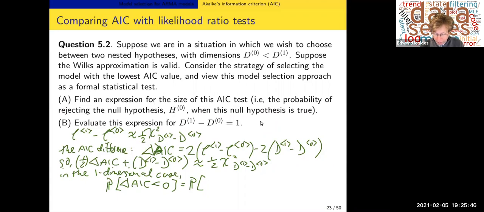So this is then the probability that chi-squared 1 is less than 2. Hang on, this is the probability that chi-squared 1 is less than 1,